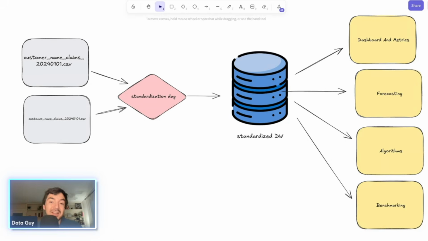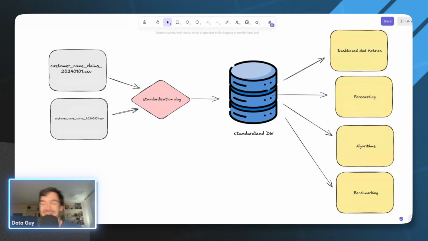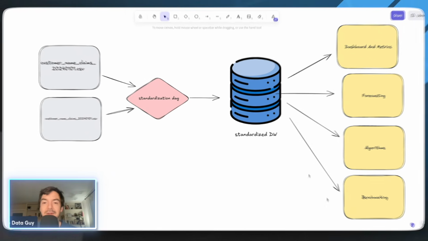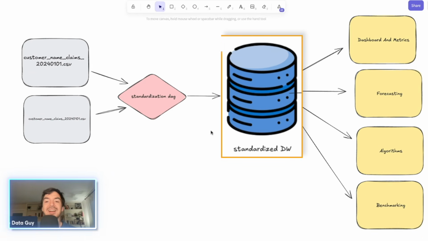All of that has to be standardized. And it could be way worse, right? Sometimes the actual date of the event might be split up into 3 different fields. So you have to have some sort of standardization script that creates one schema for claims, right? You don't want to have 8 different schemas for claims and then have to build 8 different processes to handle your product development. Your goal is to create one standardized data warehouse that has all of your customers in it,